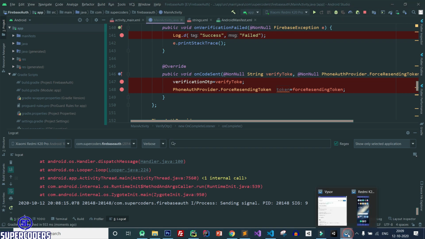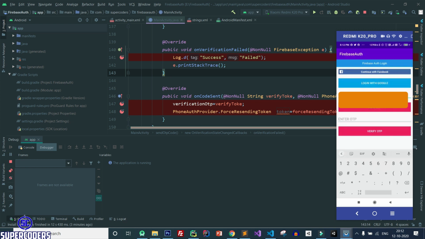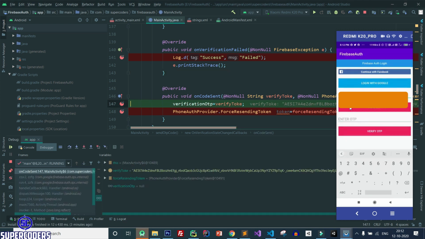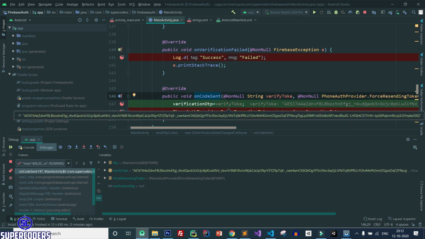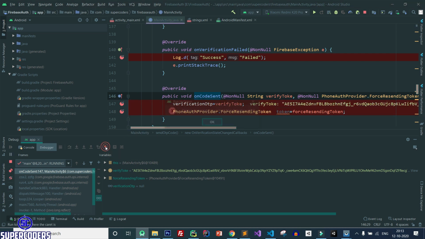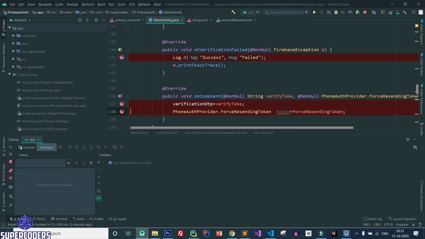Run the project and wait for the project to run. Click on send OTP and this time you can see it comes in code sent. So this time our code has been sent successfully to the phone number. So click on next, and let's see if it is working or not.